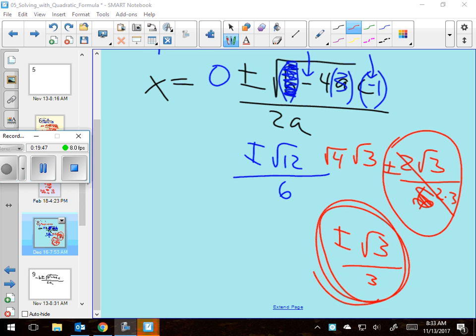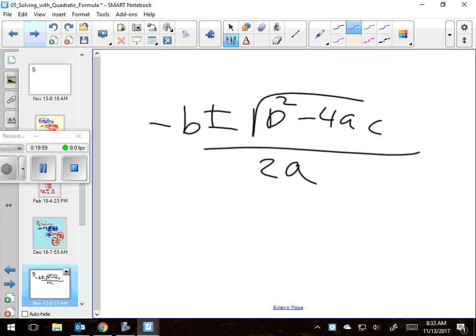If you left a 0 in the front, I would not mark it wrong. But do you get you really don't need it? You really don't need it because plus and minus root 3 is just as good as 0 plus and minus root 3. Okay. All right. That's the big formula for the day. If you can't figure out A, B, and C, just set it up, and once it's set up equal to 0,